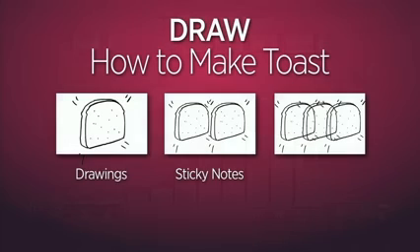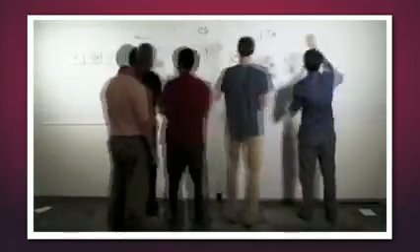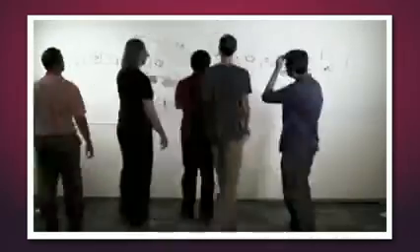And this brings us to our third part of the exercise, which is to draw how to make toast, but this time in a group. So what happens then? Well, here's what happens. It starts out messy, and then it gets really messy, and then it gets messier. But as people refine the models, the best nodes become more prominent, and with each iteration, the model becomes clearer,